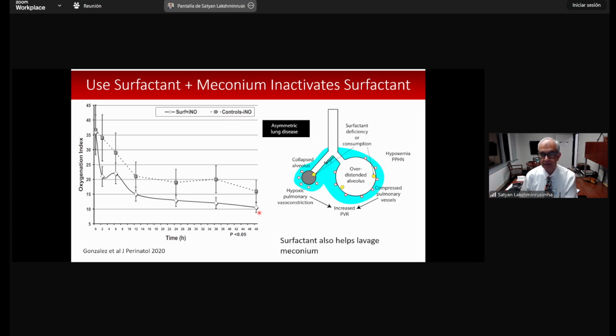So why does this happen? If you have a baby with a collapsed alveolus and an over-distended alveolus, and both of these are diseased either with meconium or due to secondary injury from hypoxic encephalopathy, you tend to develop PPHN because of hypoxic pulmonary vasoconstriction next to the collapsed alveolus and compression of the pulmonary vessels with the over-distended alveolus, and both of which contribute to increased pulmonary vascular resistance. So in this situation,